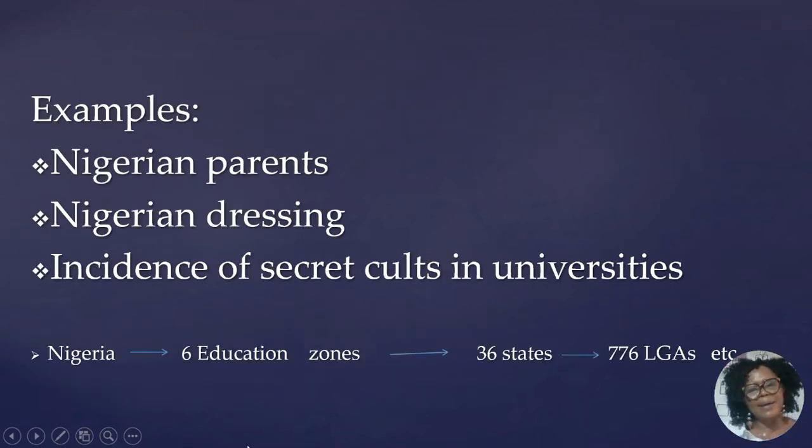Examples, I say Nigerian parents, Nigerian dressing, for instance a course in universities. So the first sampling, you come to Nigeria, first stage. You say, can I work with every Nigerian parent in Nigeria? No. You break it into geopolitical zones. Say I have 6, so you know how many. Can you study all? No. You start to select using simple random sampling to pick about 3 or 2 or 4, depending on the number